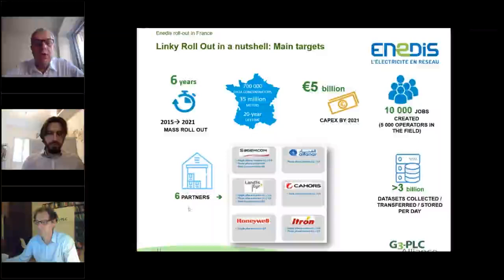We are working with 6 main partners. You can see them on the slide, and among them Sagemcom and Landis & Gyr, who are 2 of our main partners. Sagemcom is providing both data concentrators and meters, and Landis & Gyr is providing meters. We started the rollout in 2015. It works fine, and it will be a